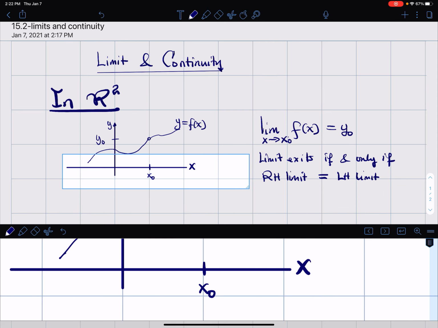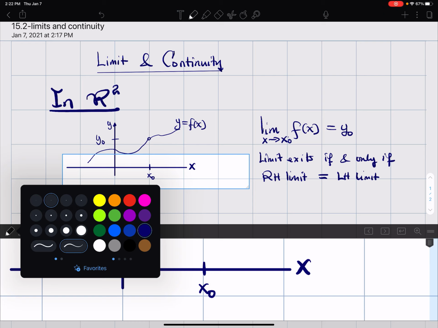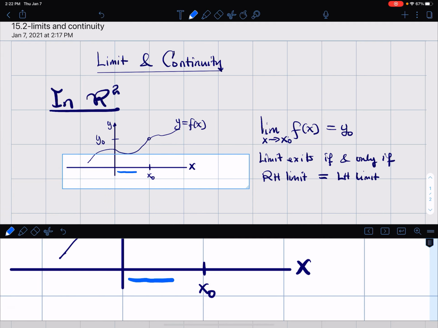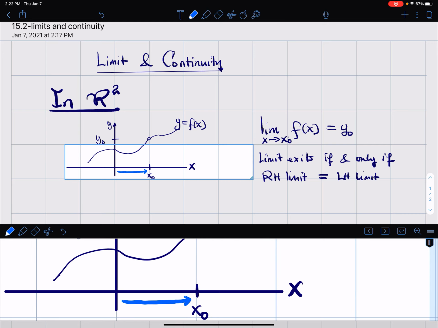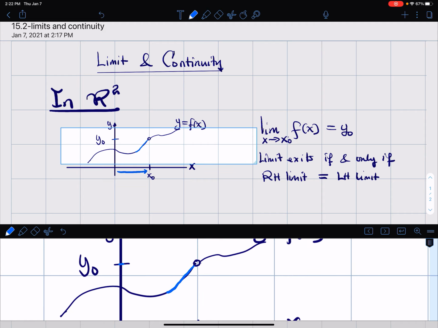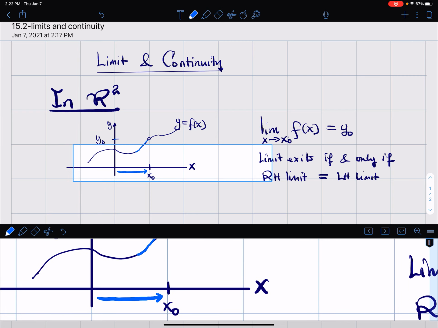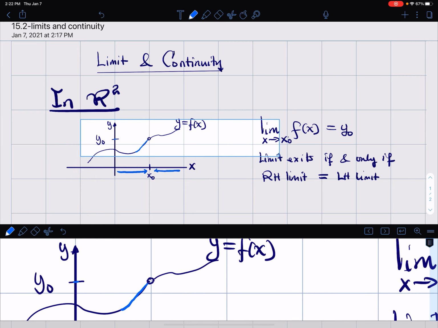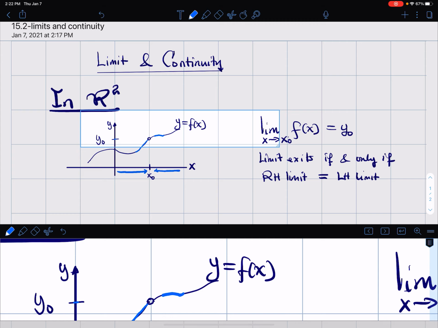All right, so if we approach x naught from the left, if we're on this path, the curve, we're going to be approaching y naught. And if we approach x naught from the right, so walking along this, we're going to also approach y naught